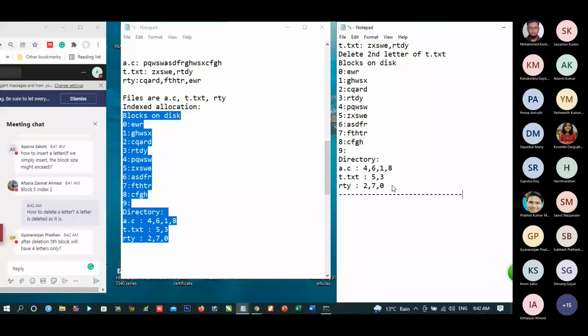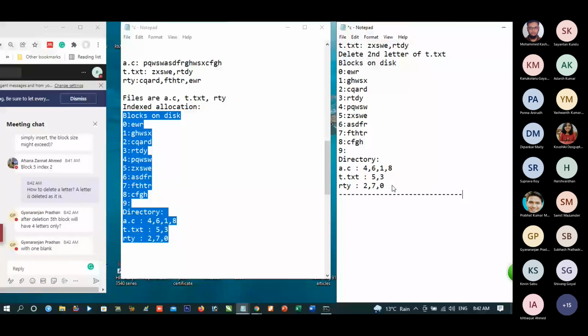That is correct. The fifth block will have only 4 letters. What is the harm in this? With one blank, it can be assumed that blank means it does not exist. So we are simply deleting this. Fine.